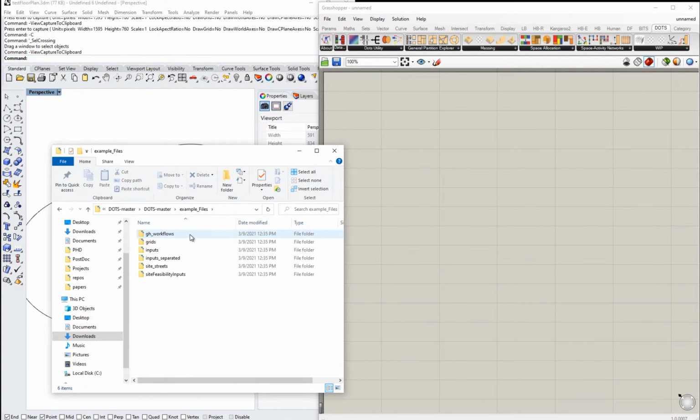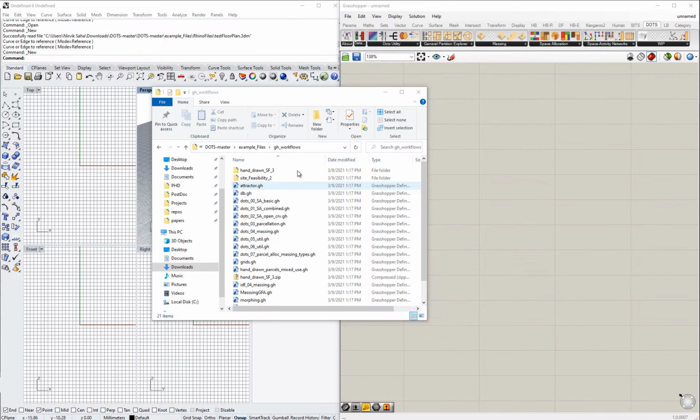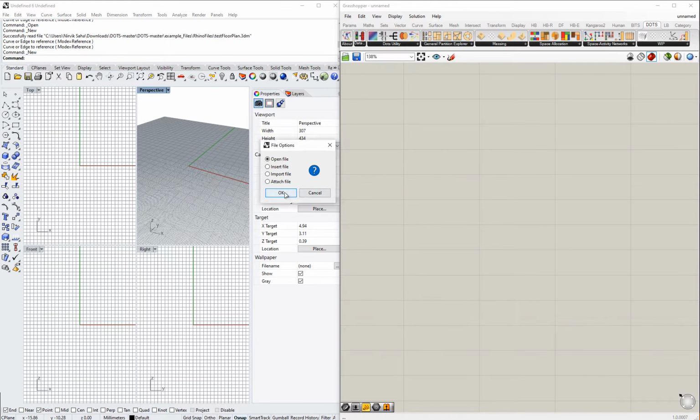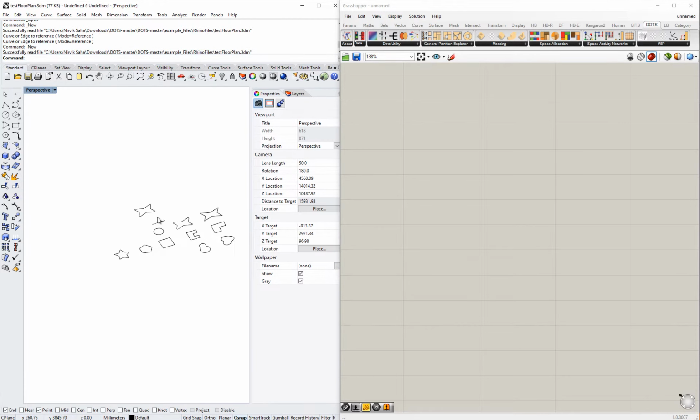we have many example files along with inputs. So we'll look at some of the examples and we will construct a simple example today. Let's go to the Rhino files in example files, and you can see the place. So we are going to open test floor plan.3dm. So once we open the file,